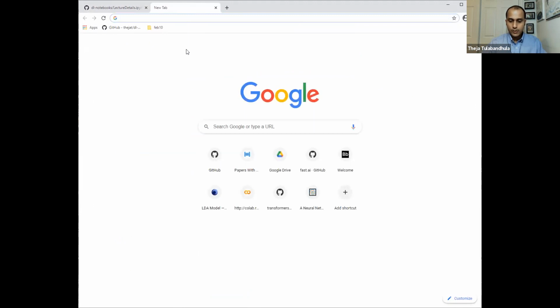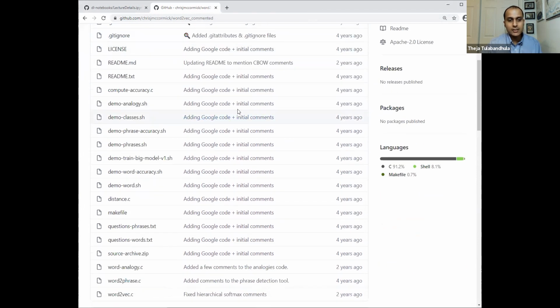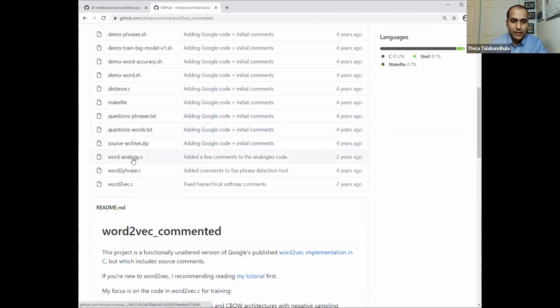If not, I want to quickly also show something. We will not get into the details of this code base. And let me just share a link here in the chat. So this is just a teaser. I didn't want to go to the annotation and again switch back to the browser. So this is a link to a code base which has comments. Okay, comments on a code which was written by Googlers.